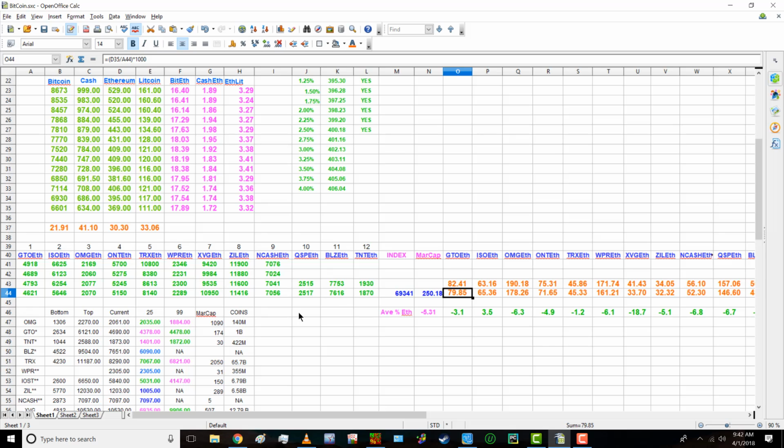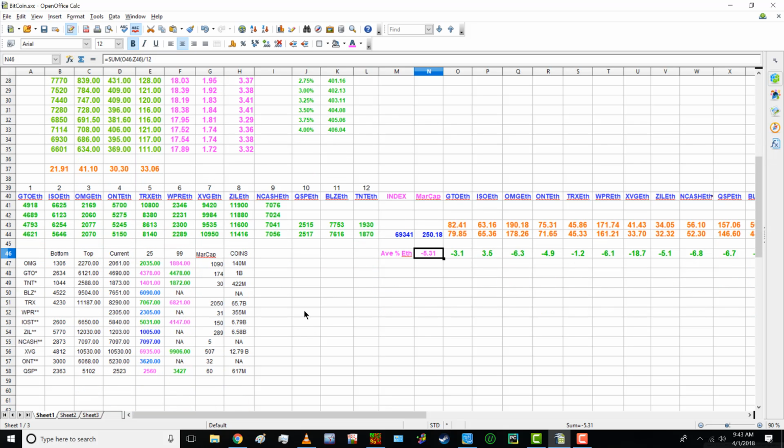And I also went and found another website that gives us a reasonable market cap that actually changes with time, and I've created an index here for all of my coins. So potentially if I buy them all, which I tend to do, there's an index, there's relative to the market cap, and it's relative to the Ethereum percentage change. So that's a whole database of information. So we can go over now and take a look at the individual